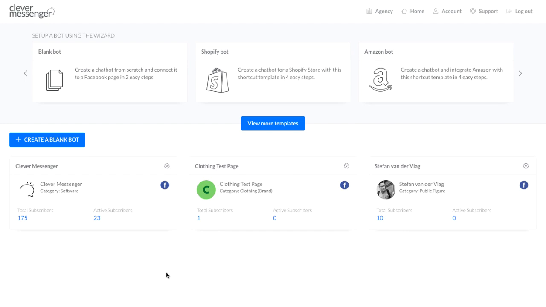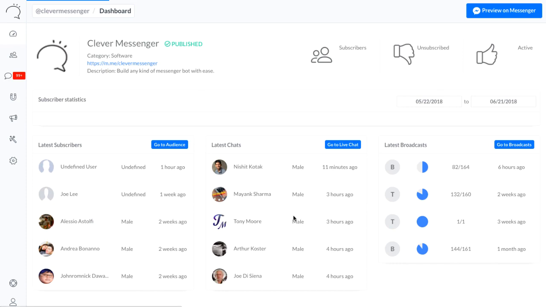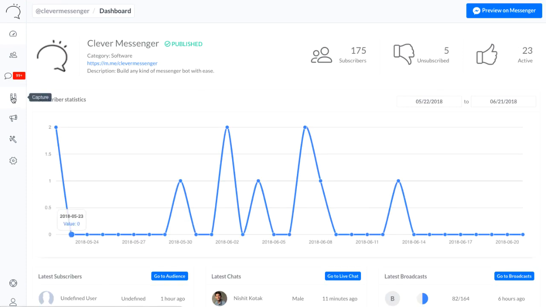Alright, so in this video you are going to discover how easy it is to set up a checkbox plugin on your website and pages. Now in order to do this you navigate to page level, and we are going to use the Clever Messenger page for this one. Simply click on dashboard right there and then navigate to the magnet icon which holds all